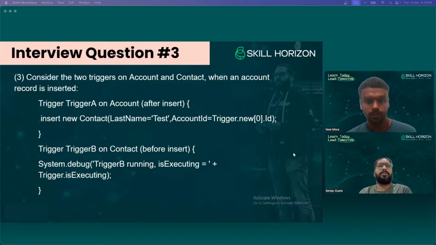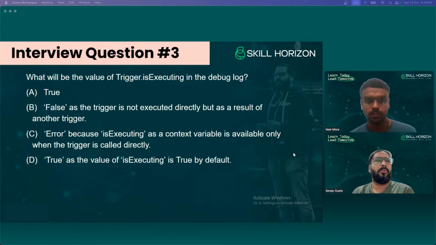So these two triggers work when an account record is inserted. Trigger A will be initiated when the account is created, and that creates a contact, so the contact trigger will also be initiated, right? Now we have options on the next slide. What will be the value of trigger.isExecuting in the debug log?